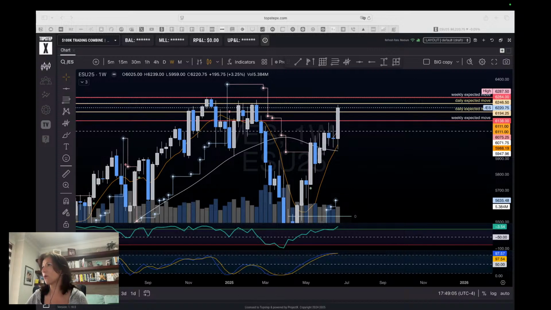Okay, a couple of things that I want to do tonight. I want to first show you all of the indicators that I use on TopstepX. And then we're going to jump right into,